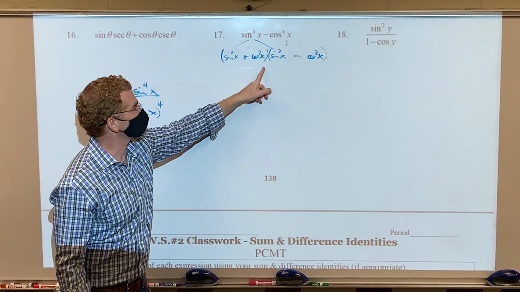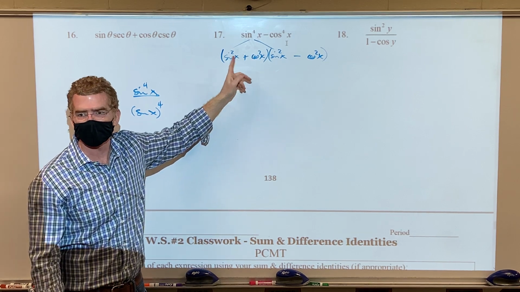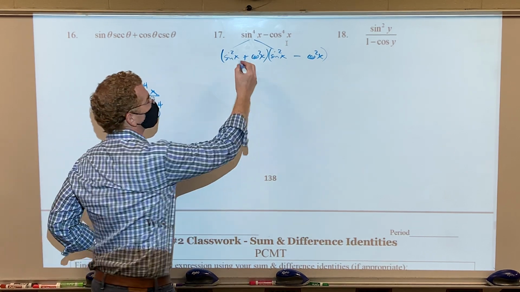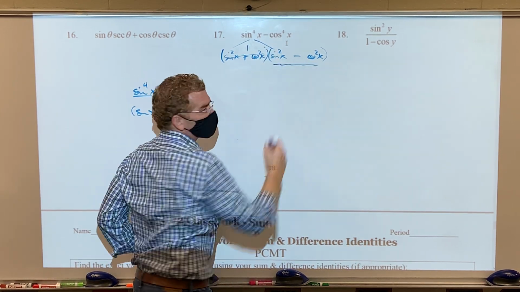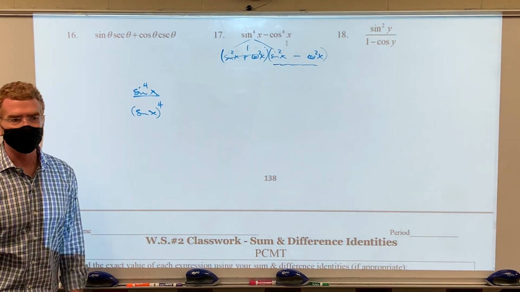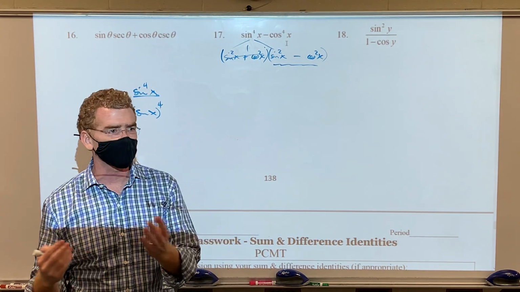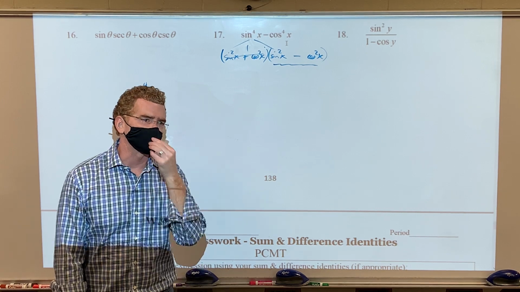And this first one, what's that look like? That's a Pythagorean identity, right? Sine squared plus cosine squared is 1 when there's a plus in the middle. So if that's equal to 1, basically 1 times this, now I'm just dealing with that. Now hopefully, because in a normal world we would have a quiz today over all the fundamental identities and then all the alpha minus beta identities. Actually, we would not have had a quiz on